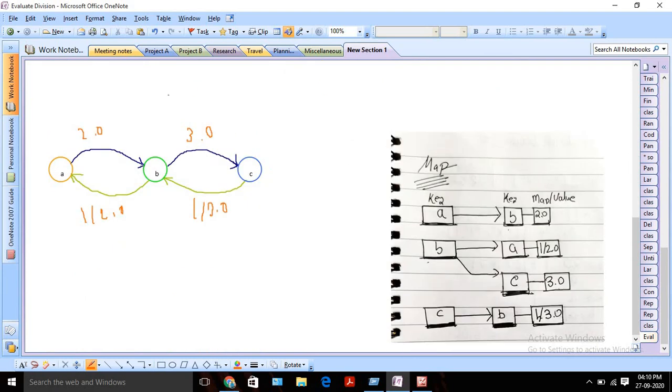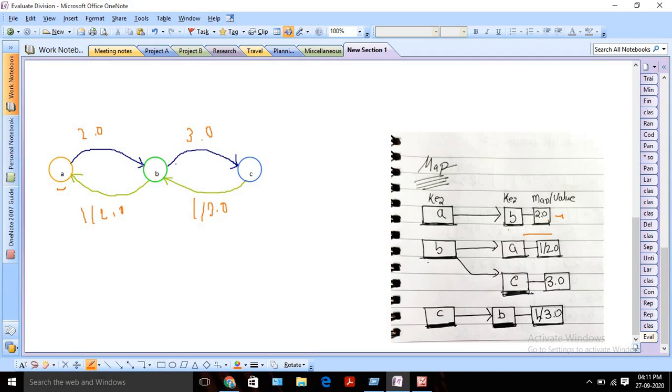You can see this will be our graph, right? After building all the equations, it will look like this. Now we need to build our adjacency map. I am going to take one map, and in that map my key will obviously be a string, the start value, and in the value section we are going to store all the possible paths from that particular key. You can see we are starting with a. From a we can go to b, so I store b here, and its corresponding value is 2, correct? And from a we can't go anywhere else, right?